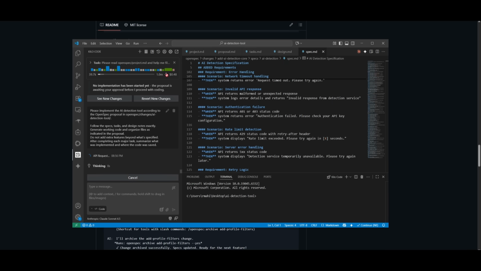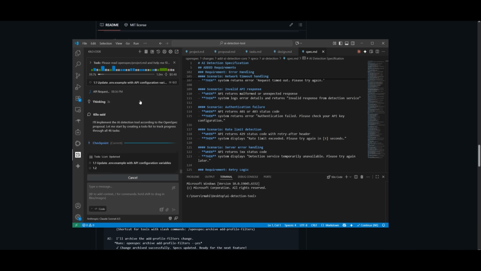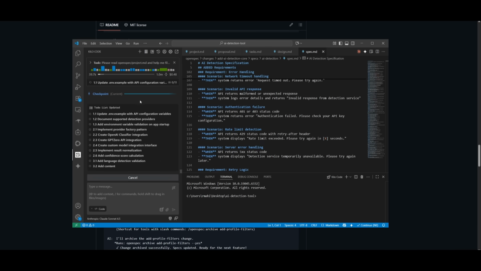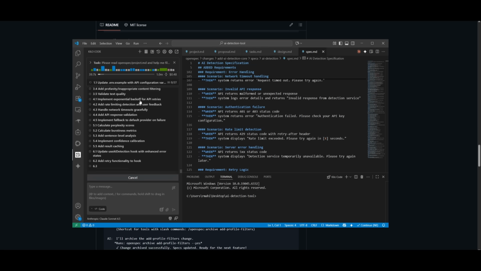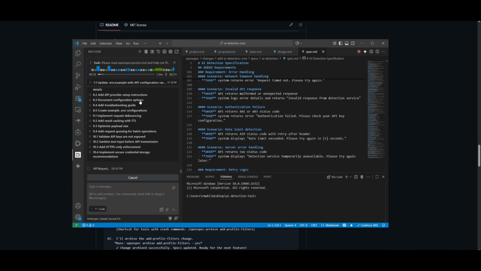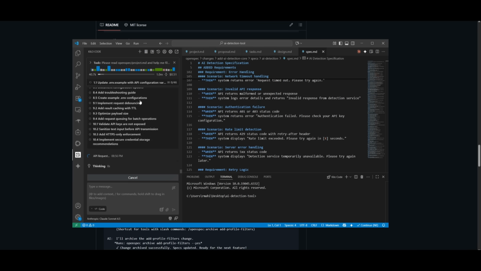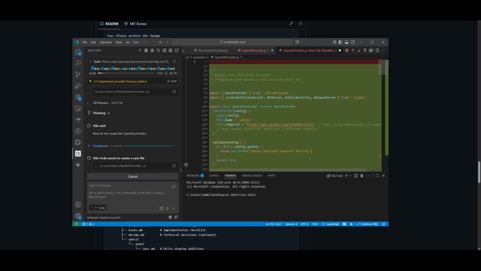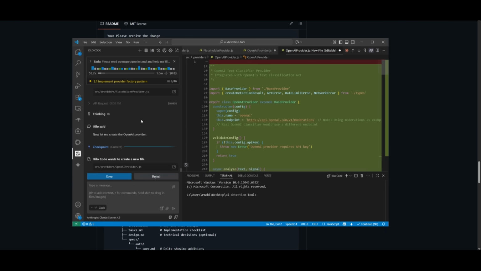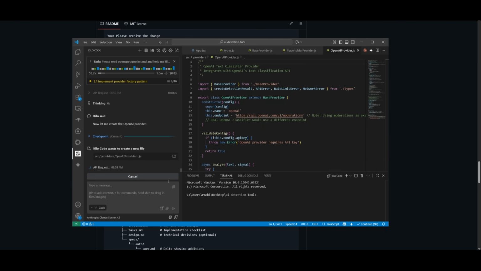And you can see that it only cost 48 cents in comparison to what SpecKit did, which took approximately, I believe, 20 minutes to generate my proposed plan for the task list that I told it to generate. And it spent probably around $5, I believe, in my last video, which is a drastic difference from this, which is only 51 cents. And as KiloCode is working on executing this task of generating our AI detection tool with